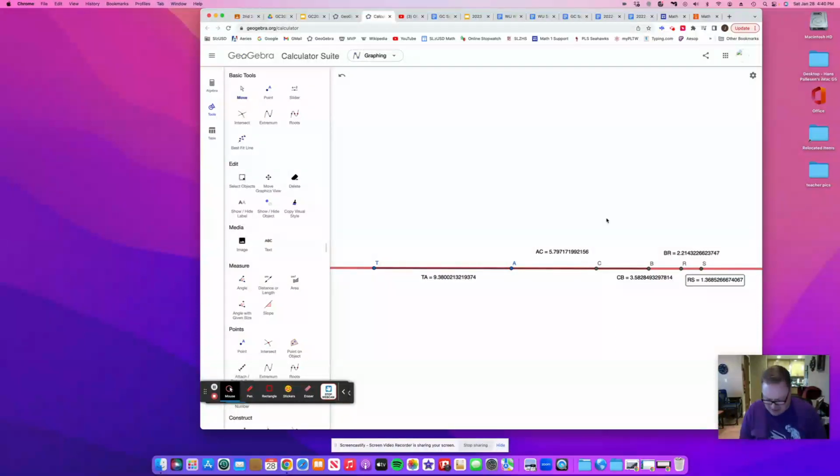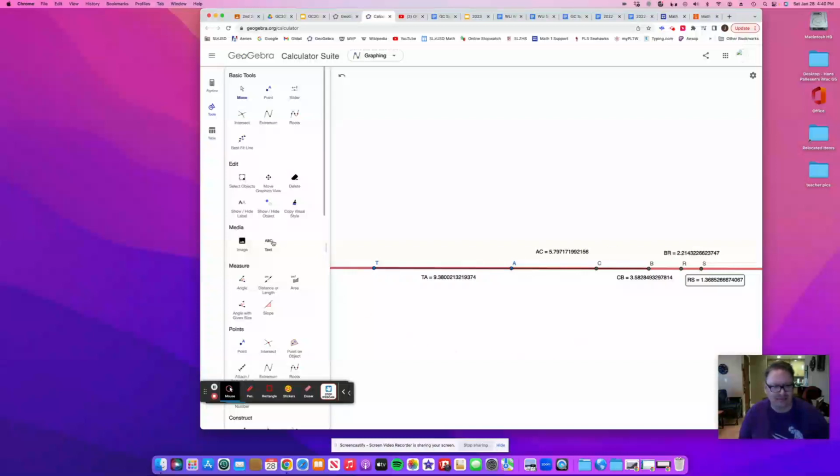What's going to be easiest for you is if you take a picture of this so that you can see your measurements, because when you go to write them down, you want to be able to plug them into your calculator and go from there. So I have a calculator. Okay, so